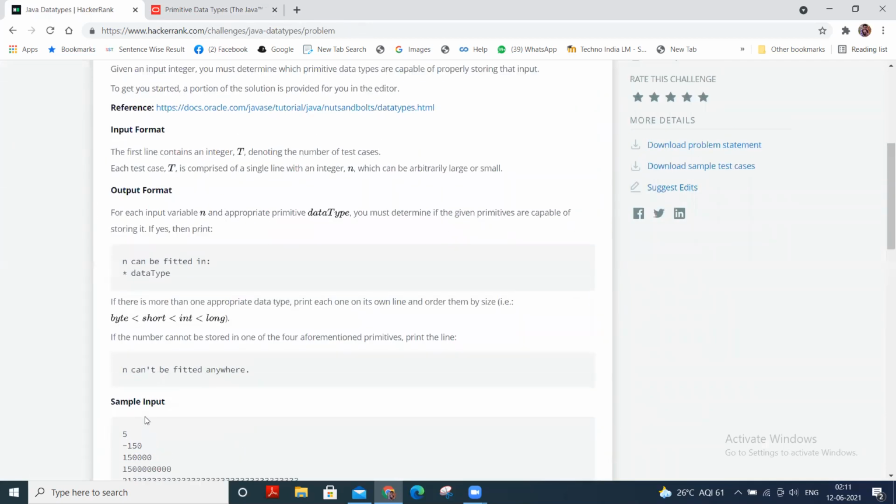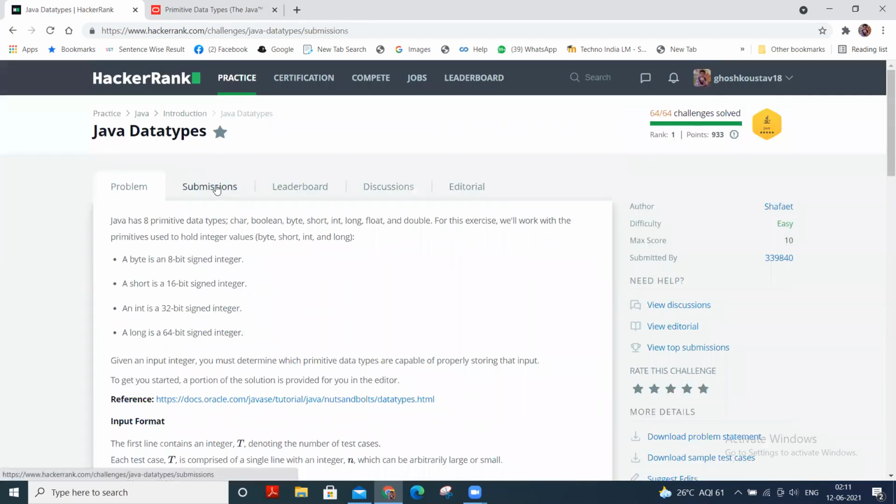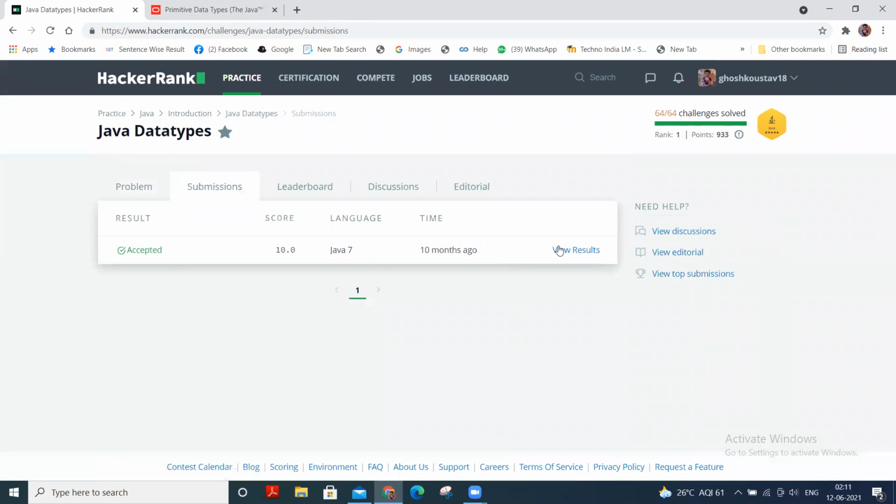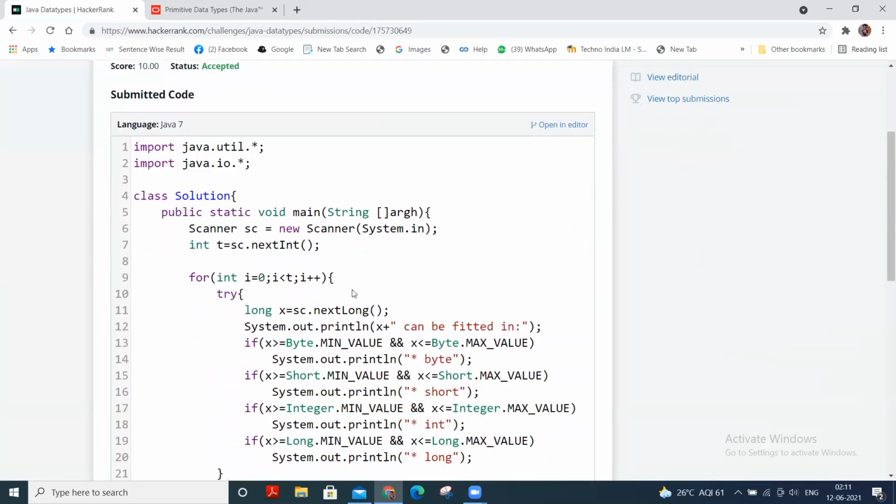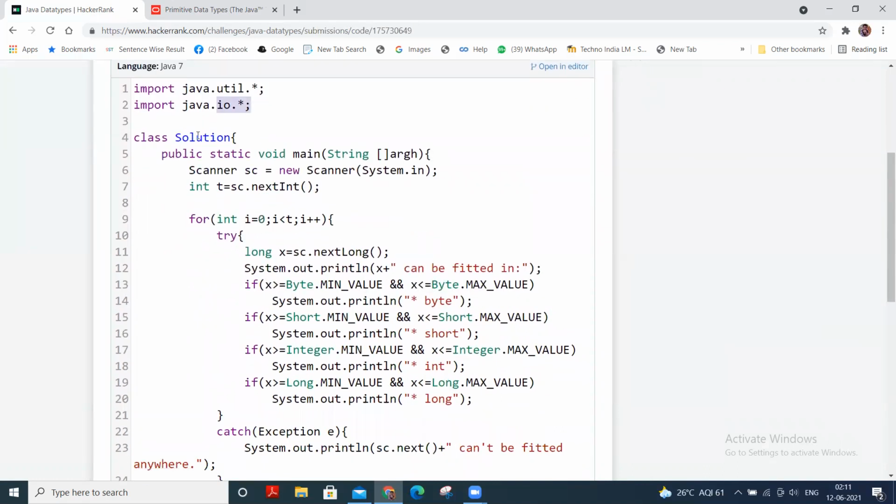So what we have to do is, here the java.util package, and this is the input output package. Then this is the class Solution. Then it is the main method, String args, and it is our Scanner class, sc object.